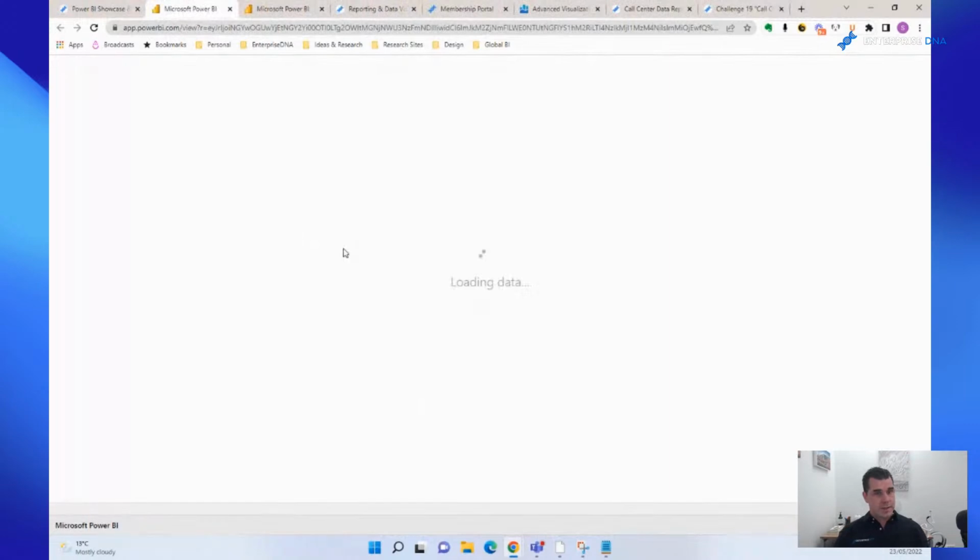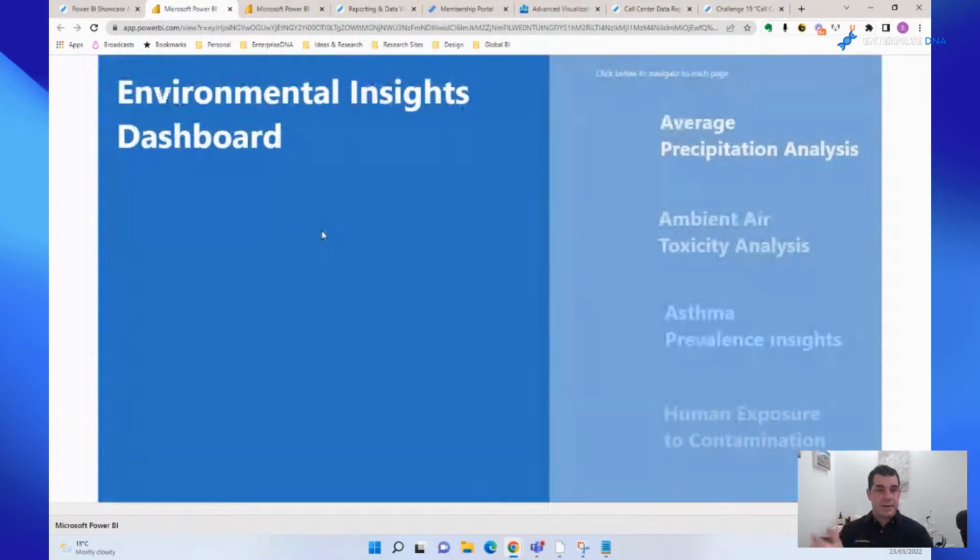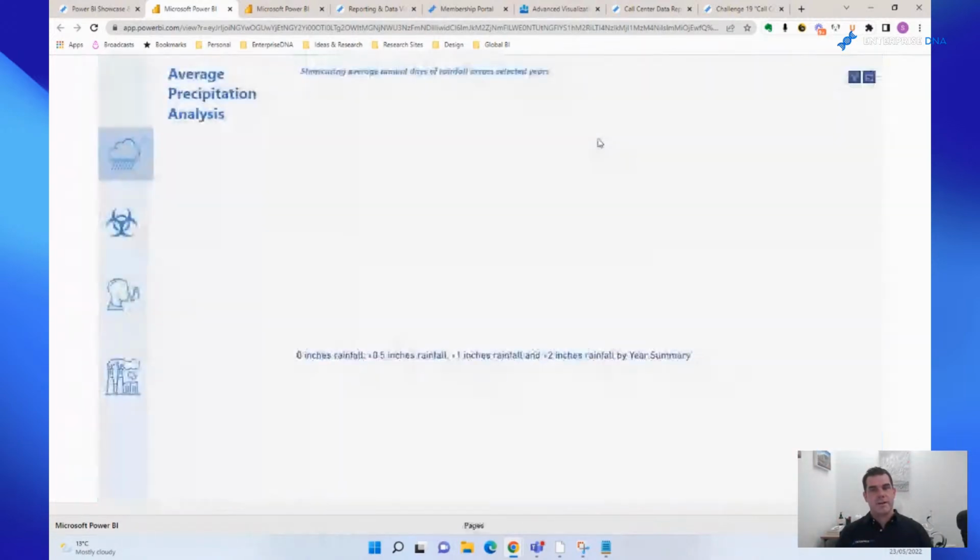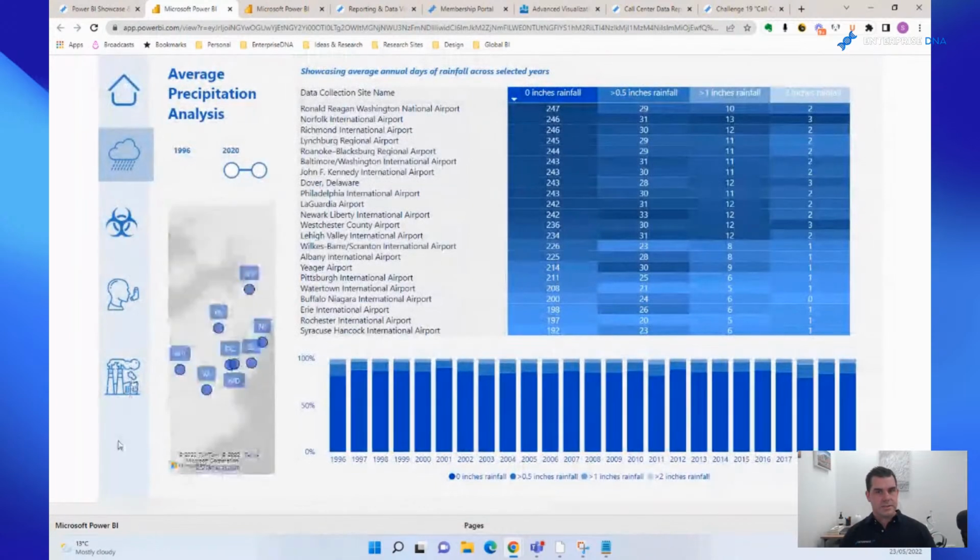This isn't actually too complicated, but really straightforward, right? It covers all the framework in a pretty simple way. If I click into here, you see I've got a really simple navigation down the left hand side. If I downloaded the PBIX file and I really liked this, the icons and the colors, I could download the theme, I could download this entire experience on the left hand side. I could download the grid patterns that have been used as well, and then very quickly just fill in the blanks.